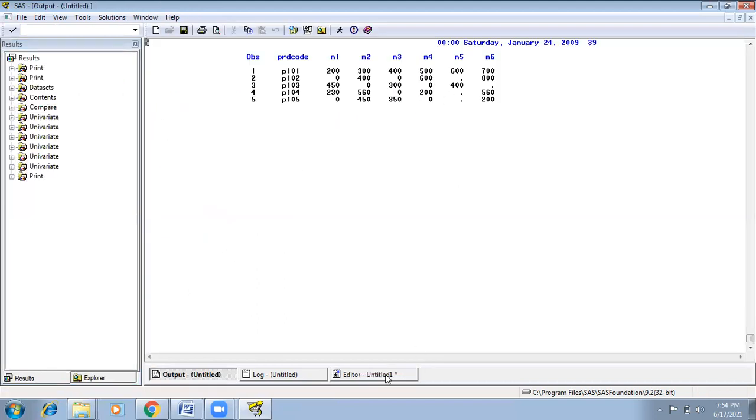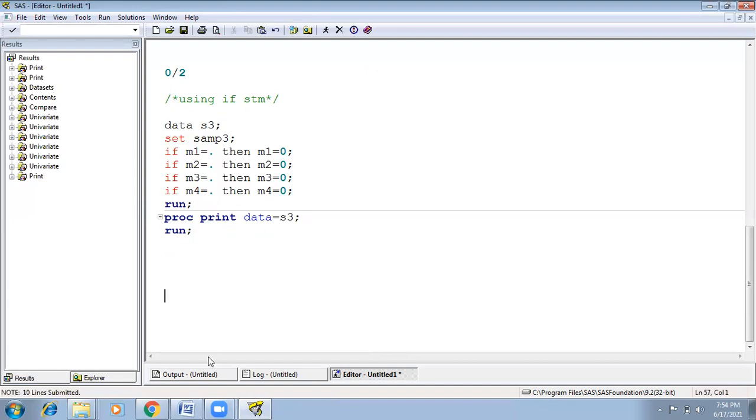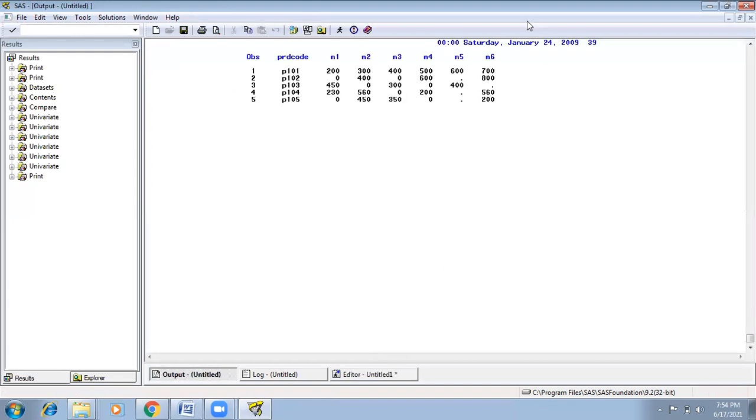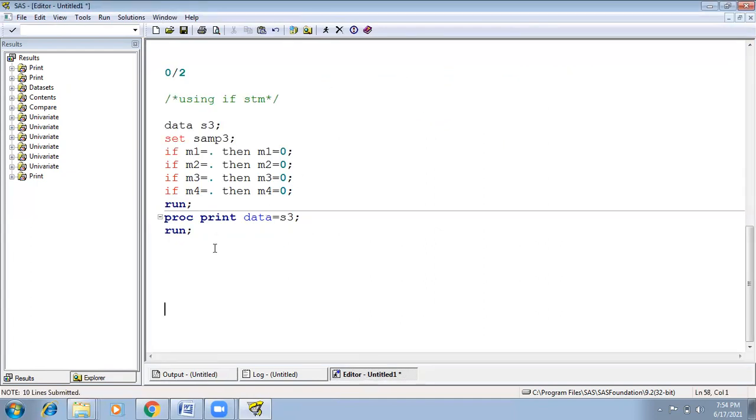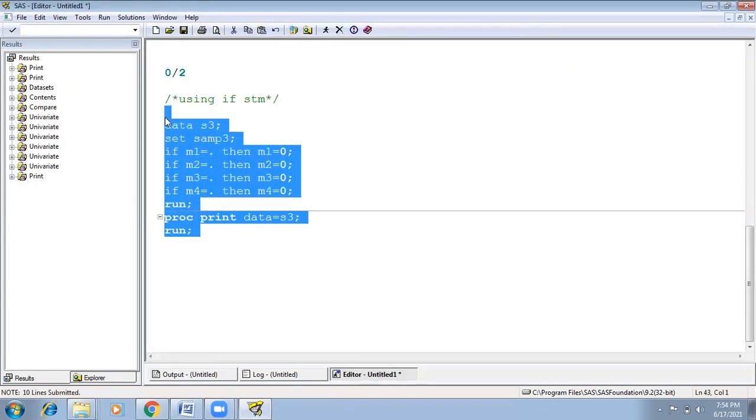I didn't give M5 and M6, that's why it shows only up to M4. See here, M1, M2, M3, M4, and M5. So it ran with 4 columns. It's hard code and not preferable.